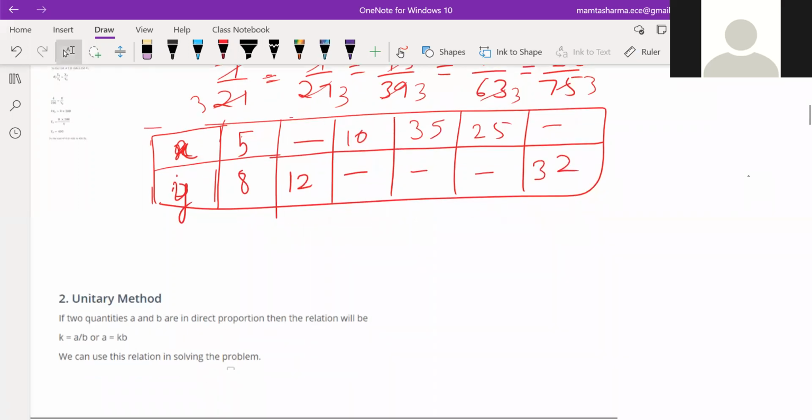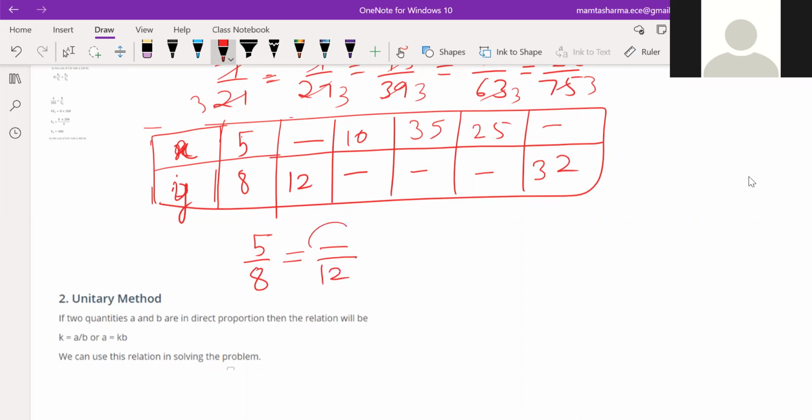The same method you have to apply. Take the ratio. 5 by 8 should be equal to dash by 12. Now find the value of dash. Let's say this is X1, Y1. This is X2, Y2. So this X2 will be